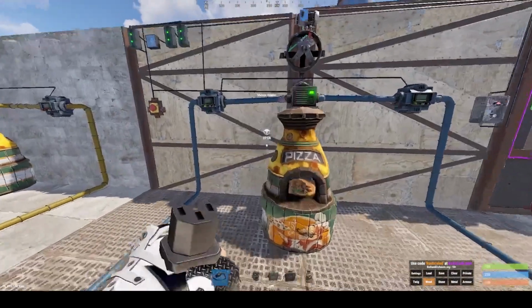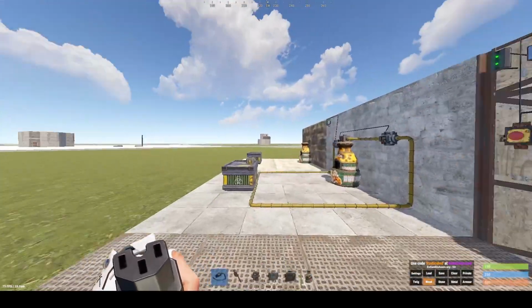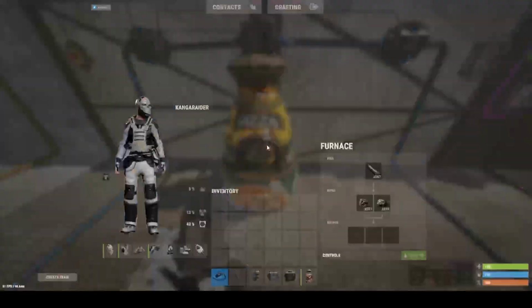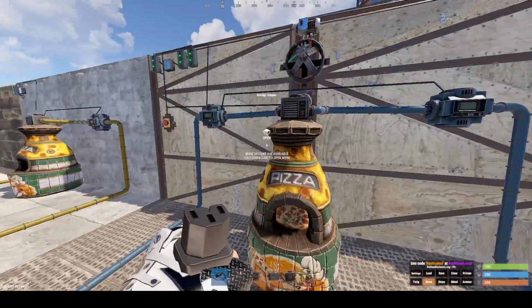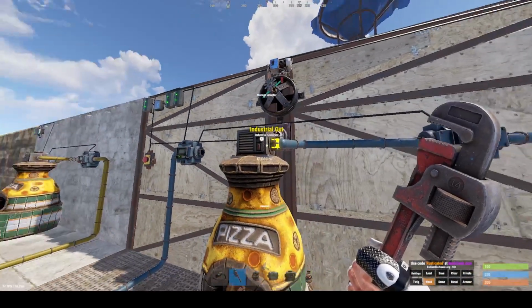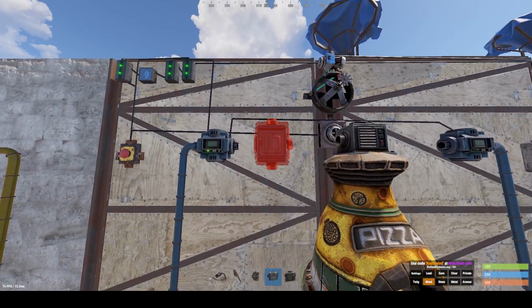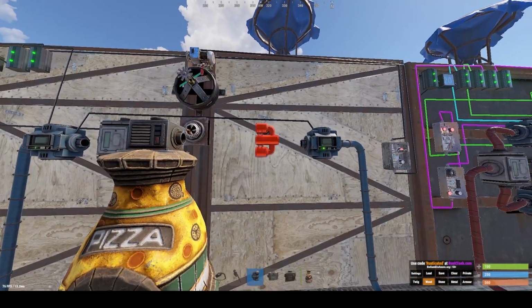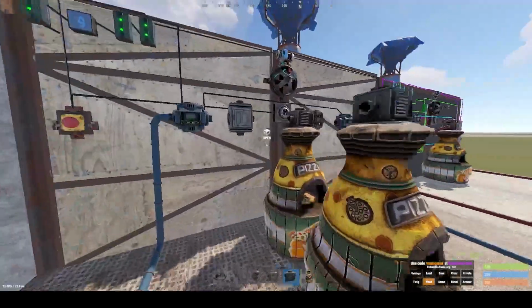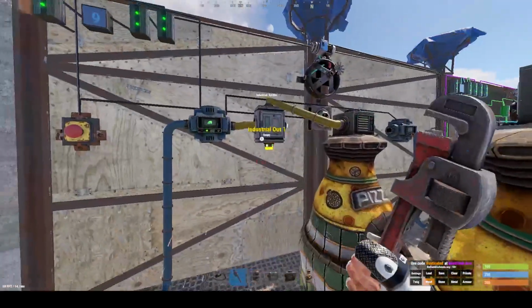Now you might be saying at this point, why would you bother with all of this when you can just do what you did at the very first one and just take it out of the box and put it into the furnace and turn it on? Well, this is where the automation gets very strong, because you can split up here and combine here, put down up to, I do believe it is 16 furnaces, and you can hook them all up